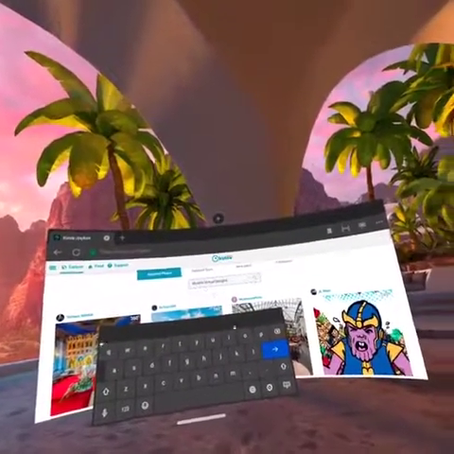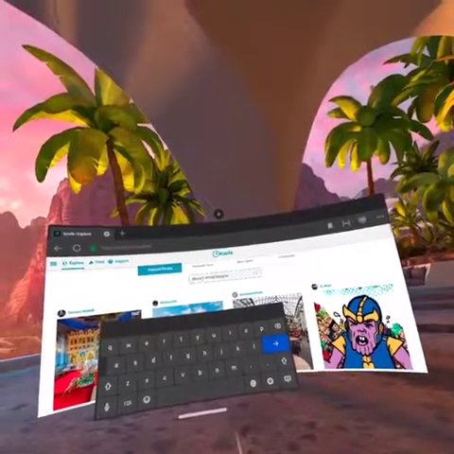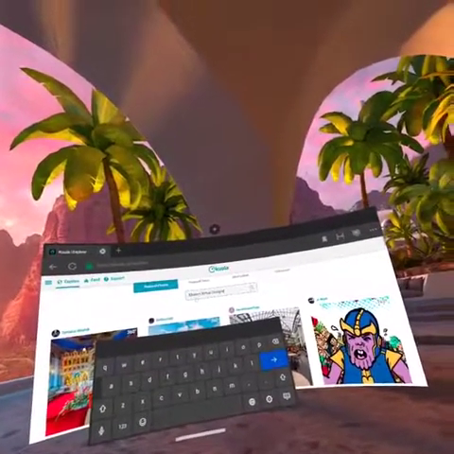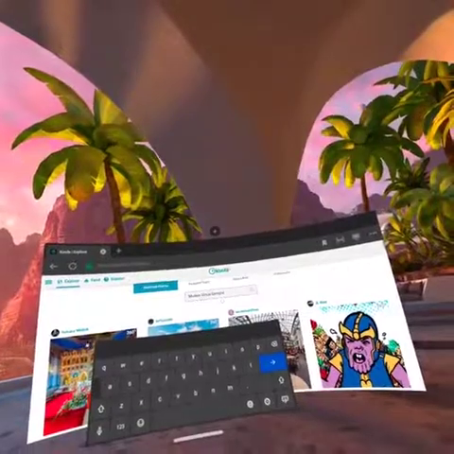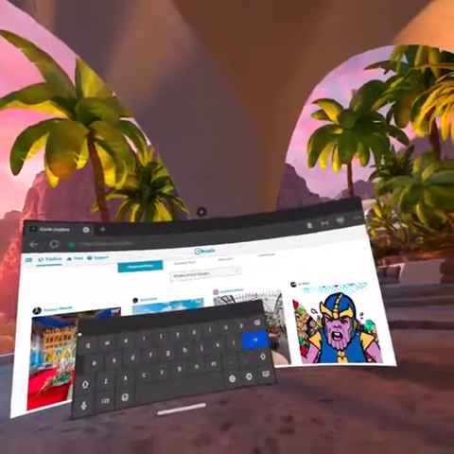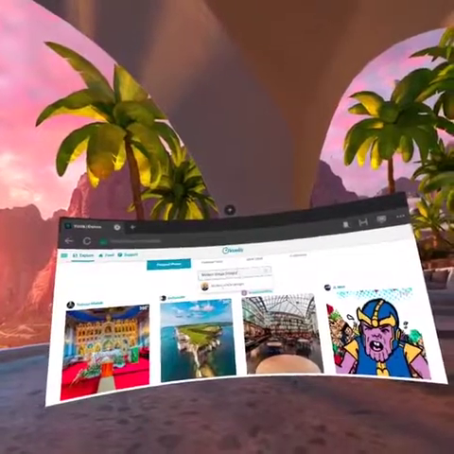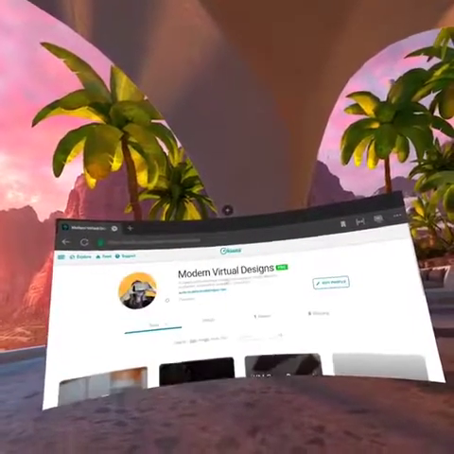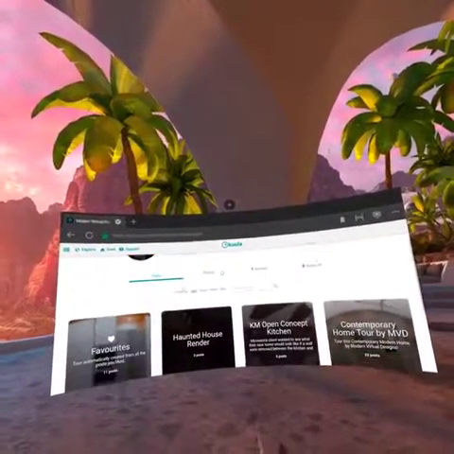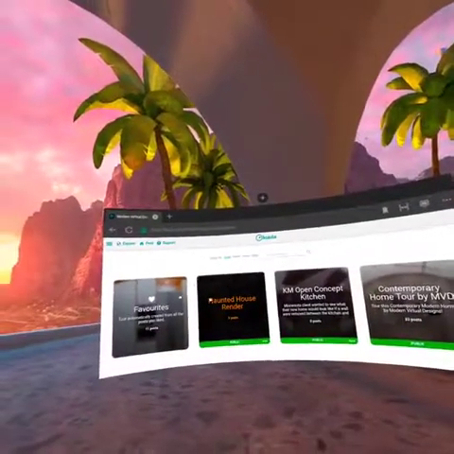It only works if you capitalize the first M. Sometimes I search myself and I just type modern and it comes up, or modern virtual and it comes up. So enter, and there I am. You just click modern virtual designs, and then from there you can scroll down and you